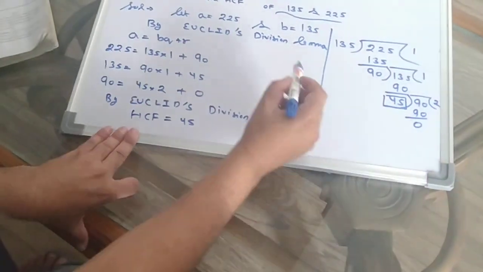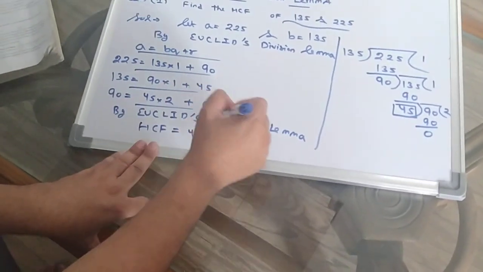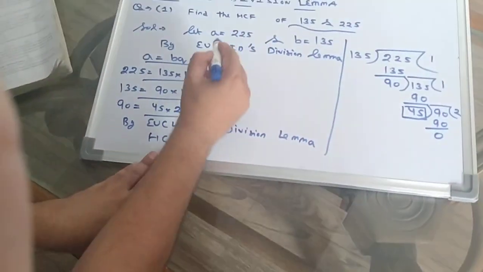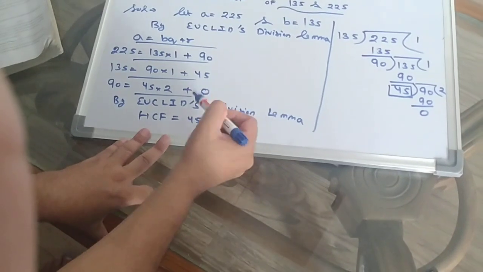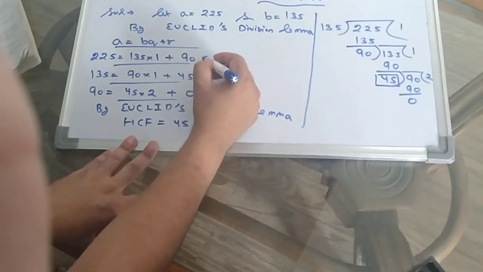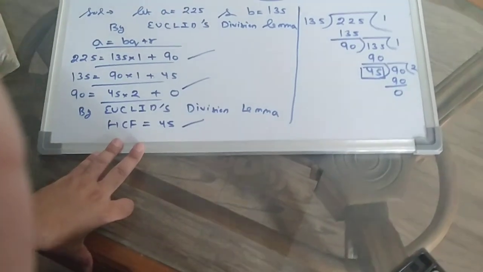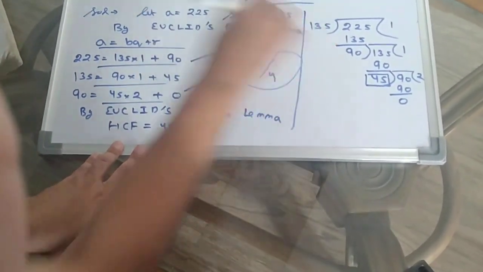You will get the marks by writing these lines. If the question comes out to 4 marks, 1 mark is awarded when you write this a, b and the definition of Euclid division lemma, 1 mark for this, 1 mark for this and 1 mark for writing the answer. If you write the question in this way, you will definitely get 4 out of 4 marks.